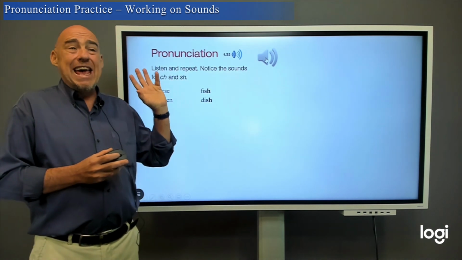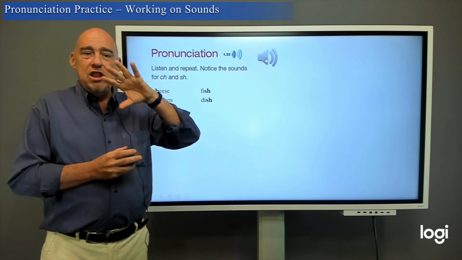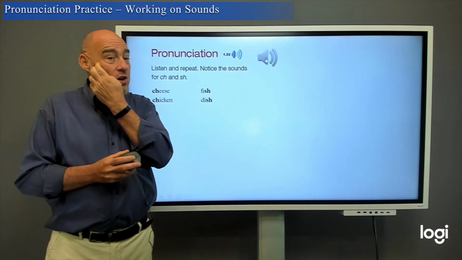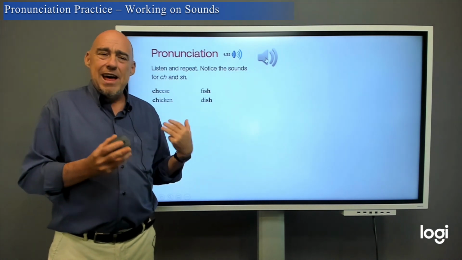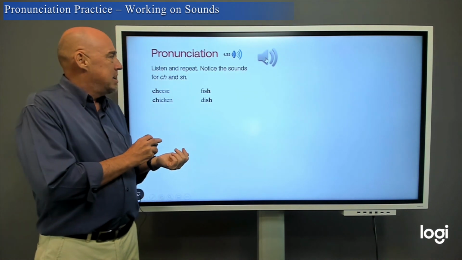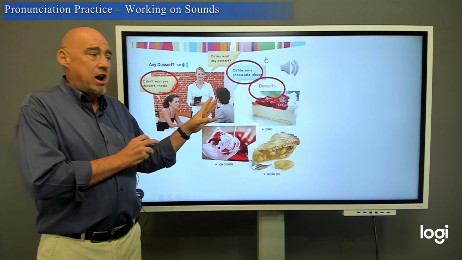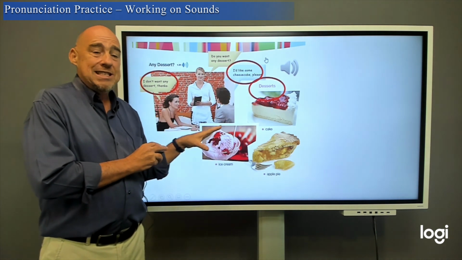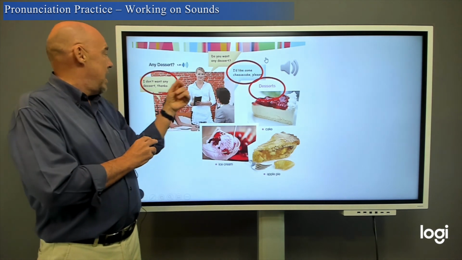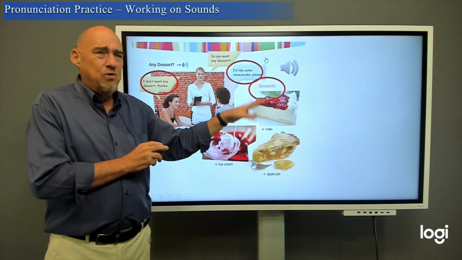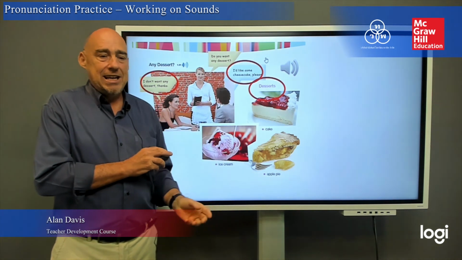So you can go back and use that IPA chart. You can go back and use the graphic depiction of your mouth or your throat, all that kind of good stuff. Bring that stuff into play, because the integrative stuff, as I've shown you, is already there. So this is your integrative approach, and you can bring in the sounds, if you want to focus on the cheesecake here, as well as whatever you find, bring it out in a real life context.